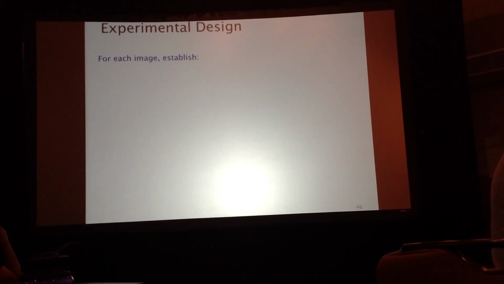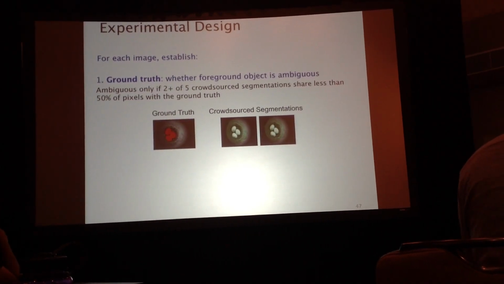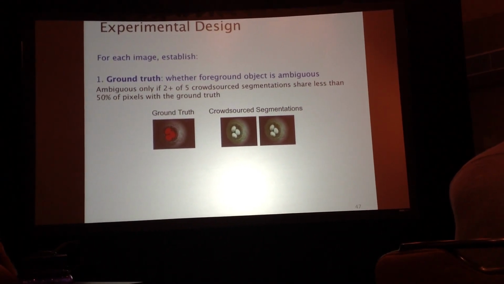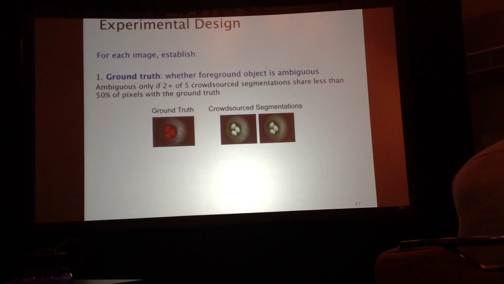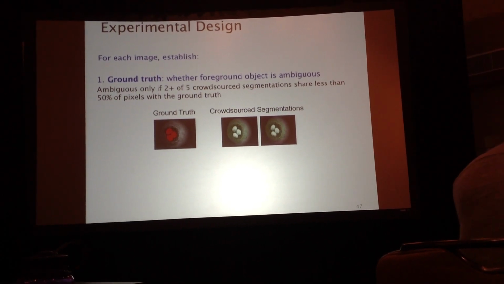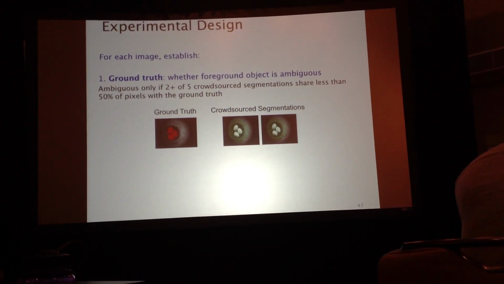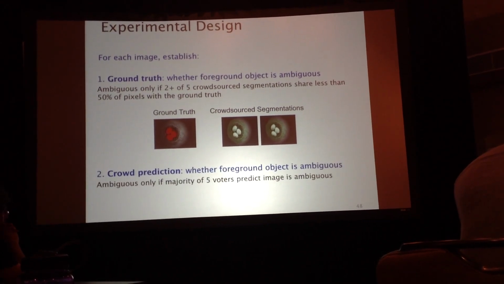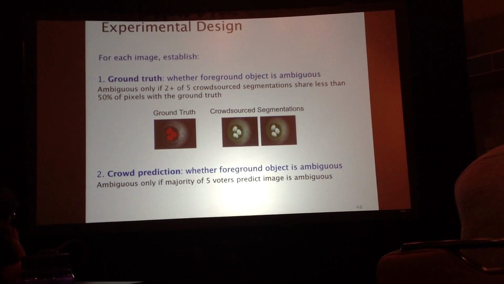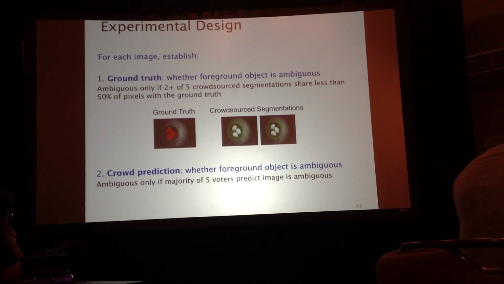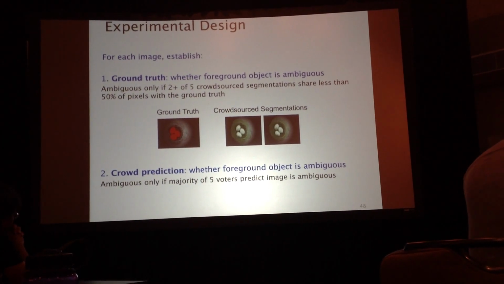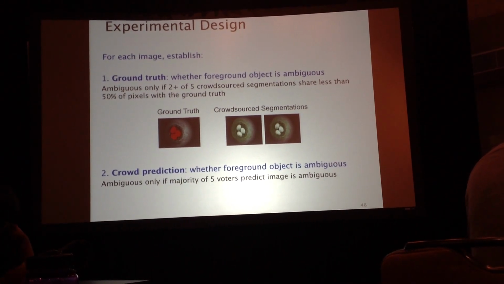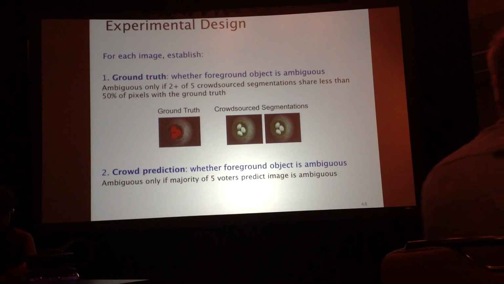For each image, we established the ground truth, and in particular, we looked at the crowdsourced segmentations. If at least 2 of them differed by over 50% pixel overlap with the ground truth, then we deemed the image ambiguous, otherwise we deemed it unambiguous. We also established a crowd prediction: if the majority of the crowd workers said the image was ambiguous, label it as ambiguous, otherwise label it as unambiguous. And pictorially,